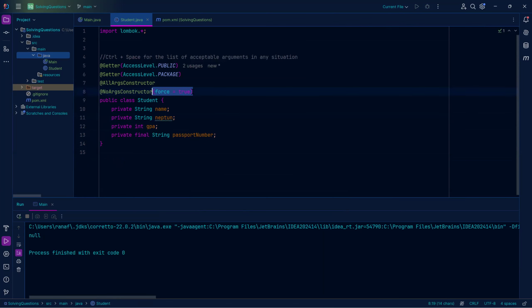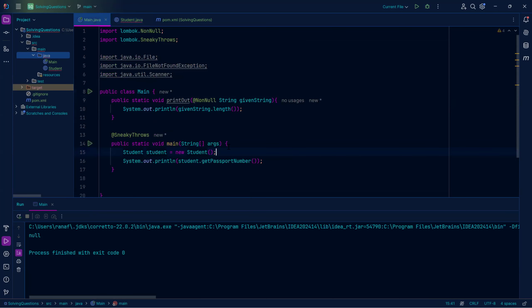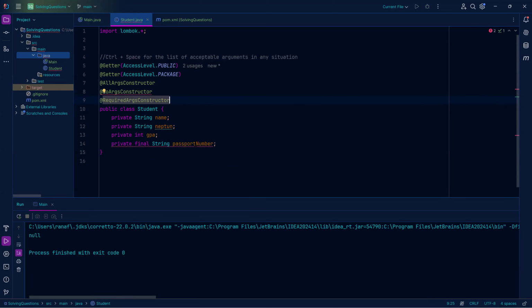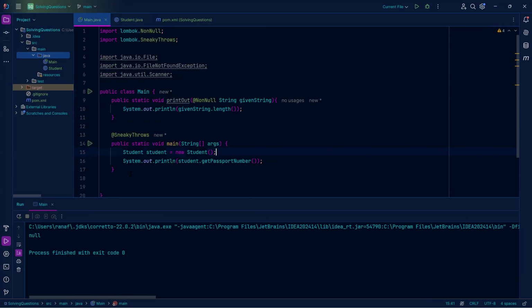Alternatively, you could do this with required args constructor. No args constructor still has a problem because we are still allowed to use a no argument constructor, which means that there is a possibility that the user can create a student without giving this final field. So we'll just keep force to true. What required args constructor does is it only asks for the required arguments. Required as in what is final. So if we try to create a student here,